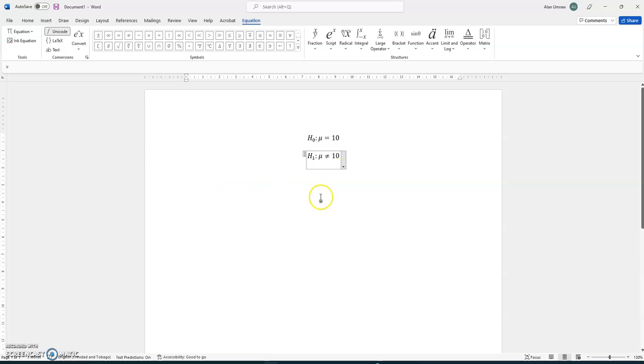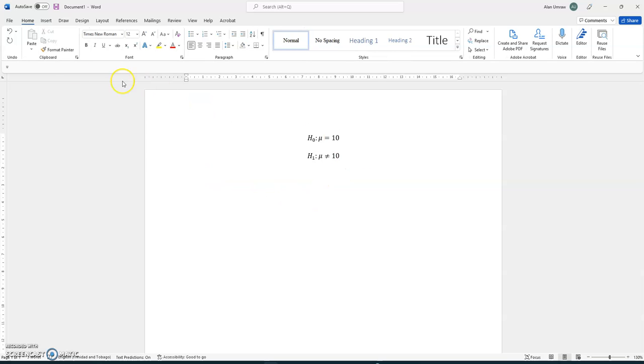So it looks much better than if you just use the sub and superscript here from Microsoft Word. So if I just want to type H0, and that's going to go H subscript 1. Alright, so it looks a lot more professional, and that's what we use as teachers to type up your exam